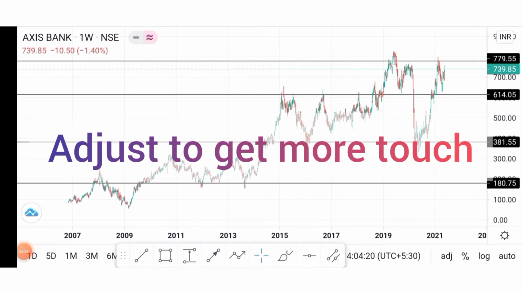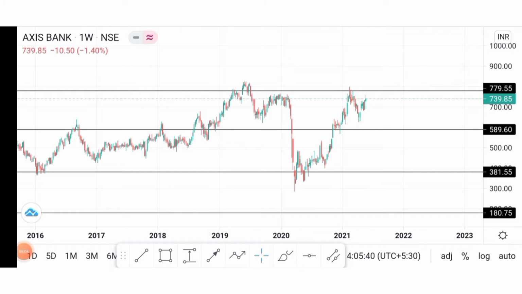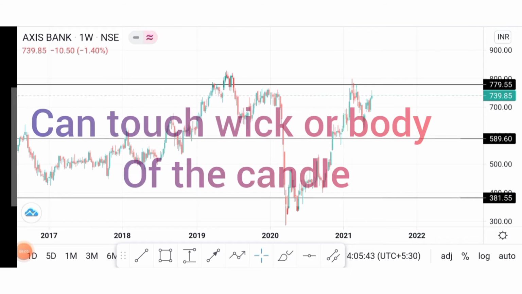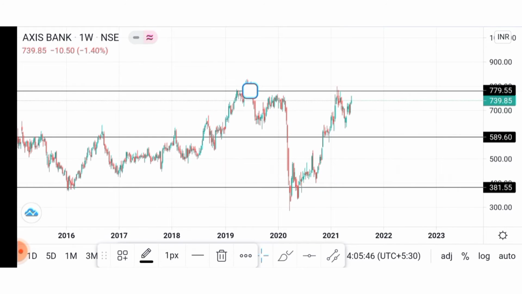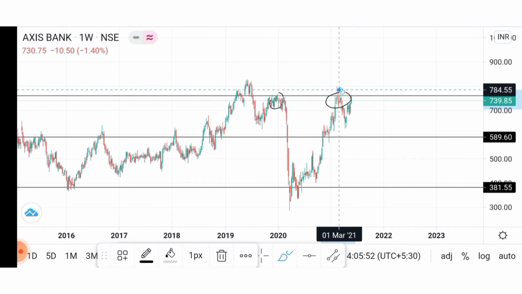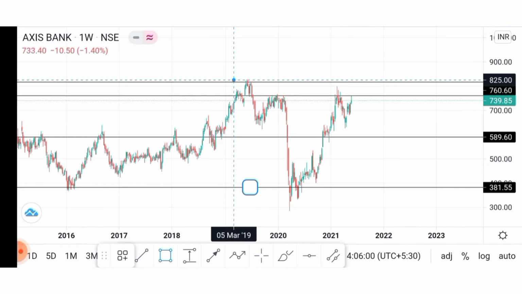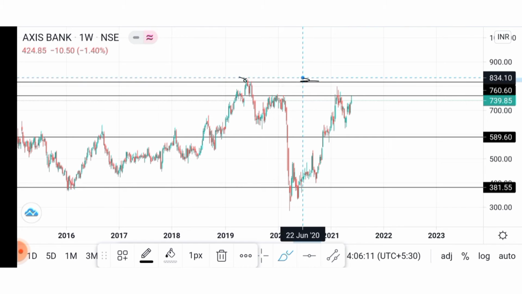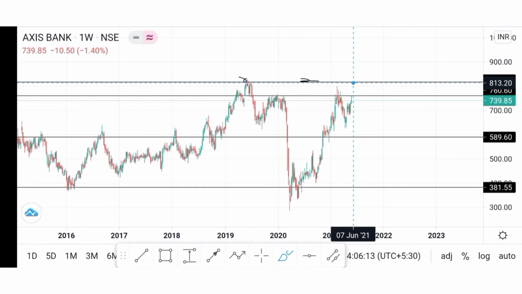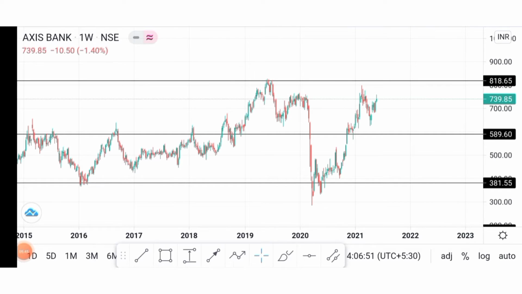Now rule number 3, adjust the levels to get more number of touches. Just shift your support and resistance to get more touches. See this? Here I can shift this to this level so that I can get this touch and this touch. I can draw one more resistance here, at this level, so that I can get an area of support and resistance. If I don't do that, I'll get some points. This is not an area, this is points. I can draw this to the absolute high, but I don't want that.